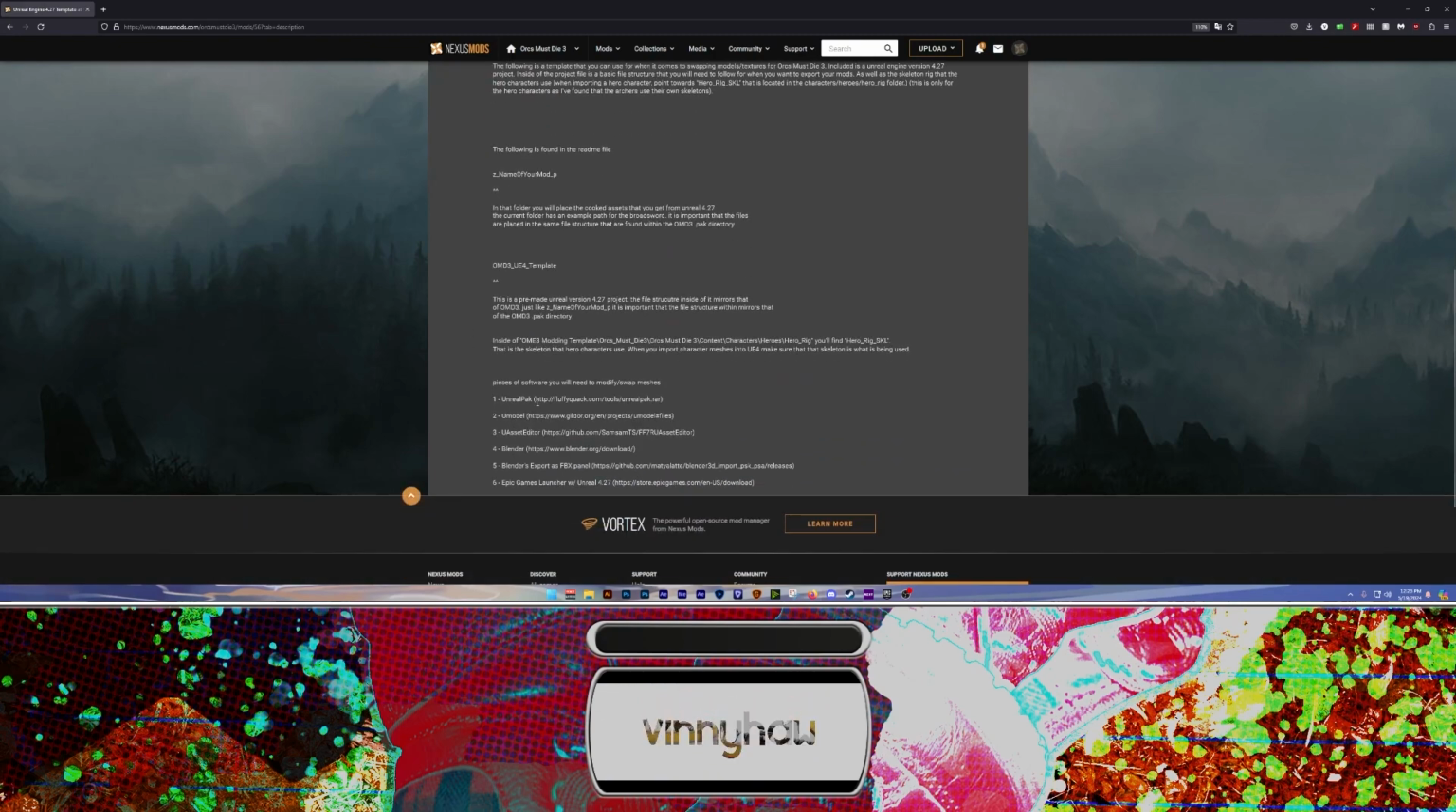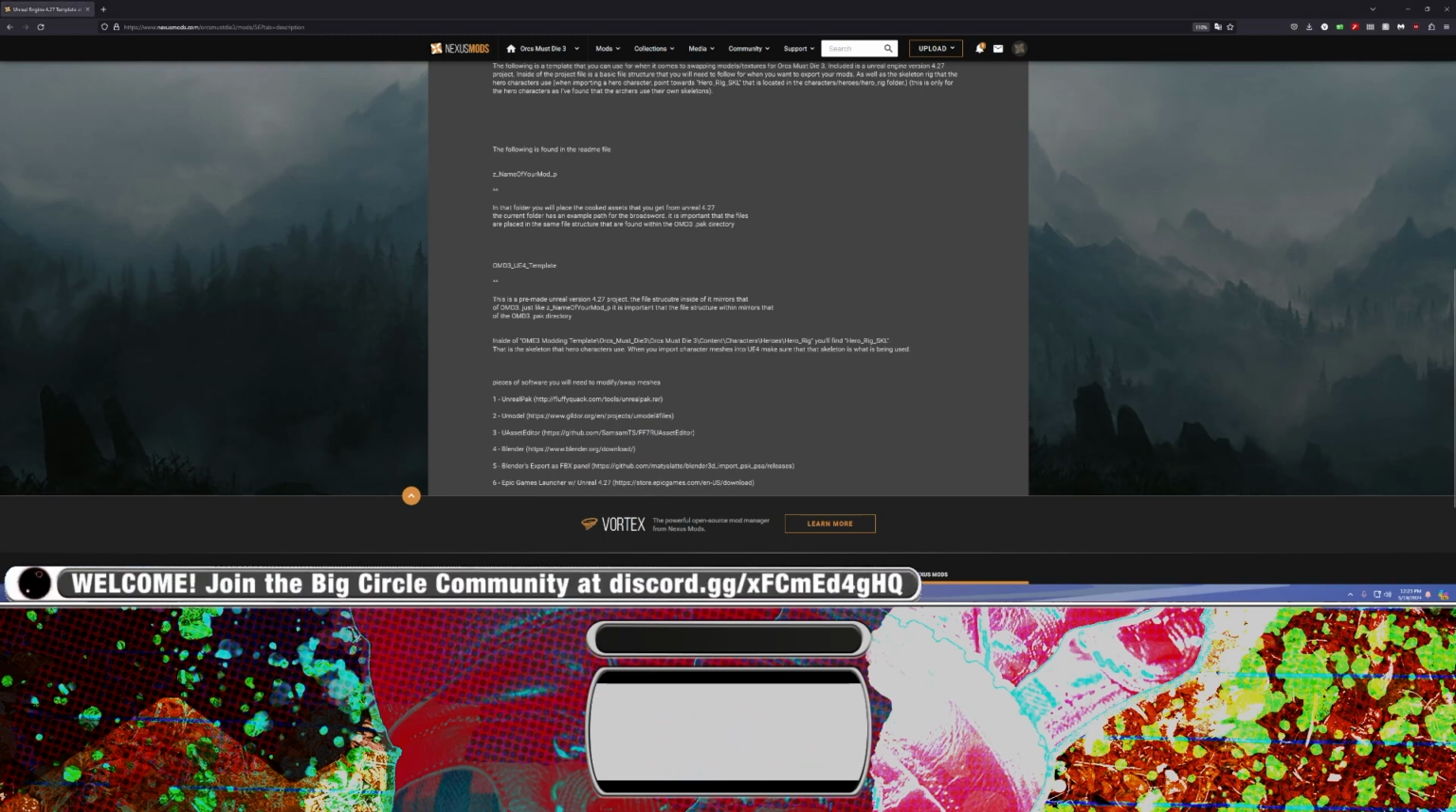This is part of the README file, so all this information is in the file once you download it. But first thing we're going to do is download Unreal Pack, then UModel, UAsset Editor, we need Blender, the Blender export as FBX panel plugin, and we're going to need Unreal Engine. So let's get Unreal out of the way real quick. If you open up Epic,